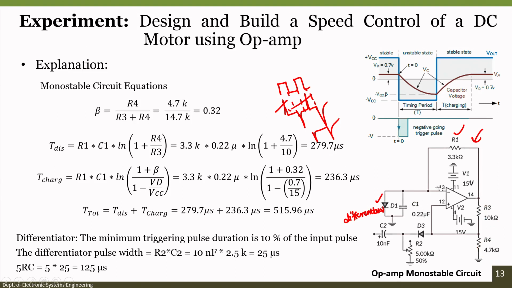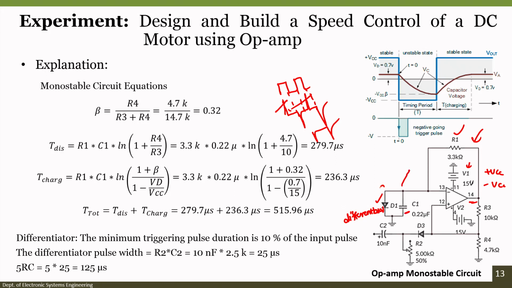Since it is an extension of the Schmitt trigger, we know that we always have positive feedback in this case. Because of the positive feedback, the operational amplifier will always be at either the plus VCC state or the minus VCC state. Imagine right now the output is at the minus VCC state. Through this R1 and capacitor C1, the capacitor starts charging.